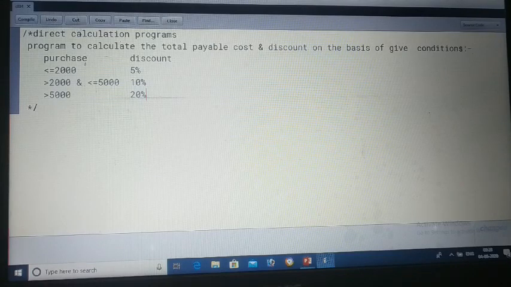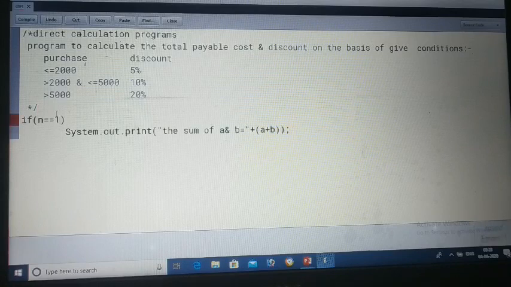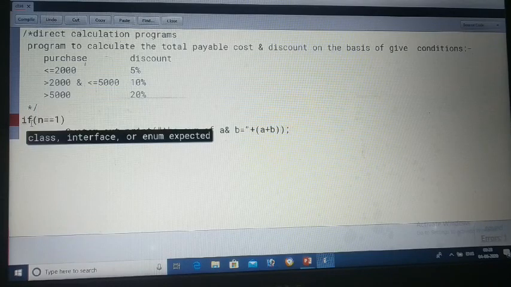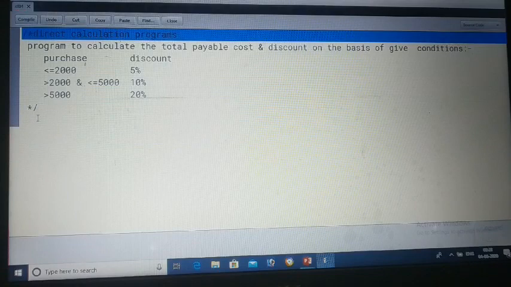Clear? So for doing this kind of program, we will start our program.